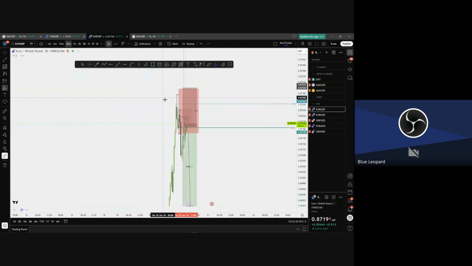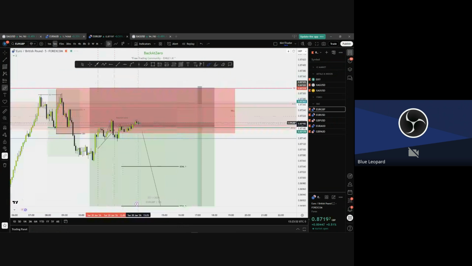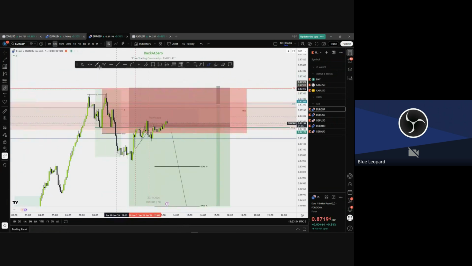Let me show you here. Before we go out of this zone, before we break here, there's a leg that formed that's an engulfed candle, okay? In that range, I will go to M5 and see if I can find a valid ECR. And I gave you the criteria to find a valid ECR.